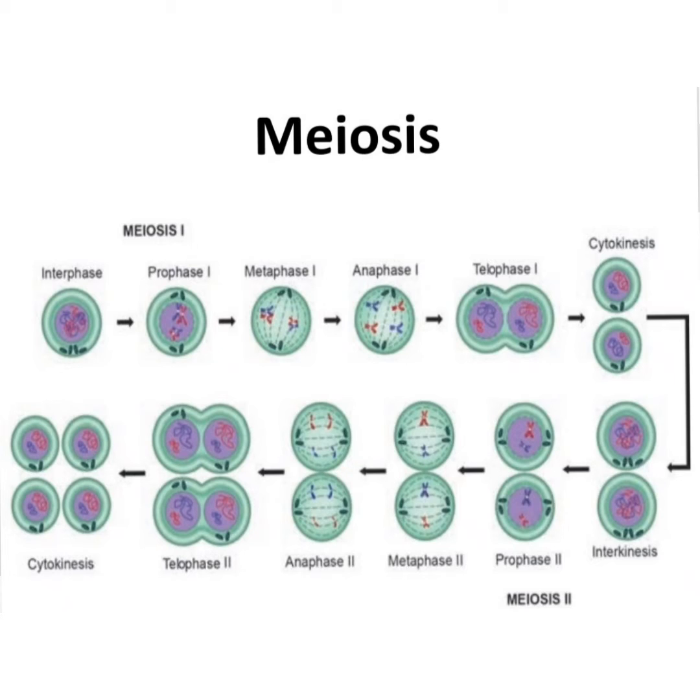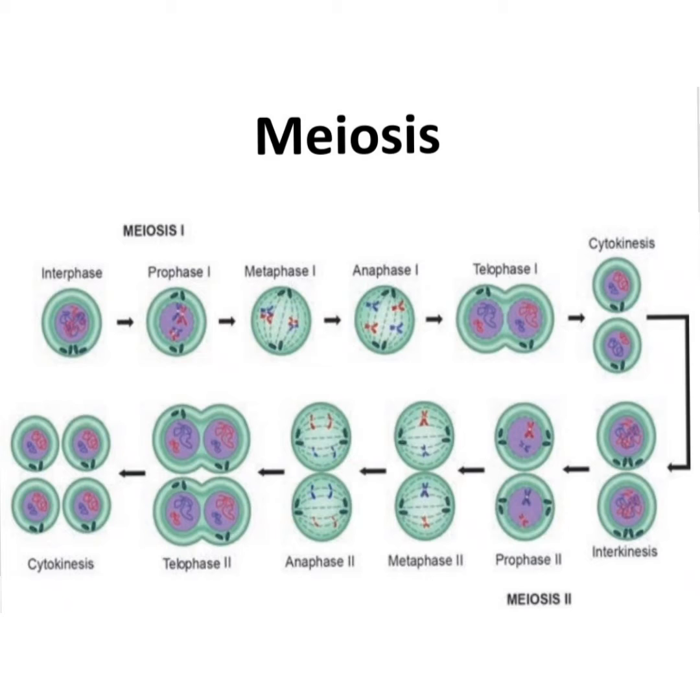In the interphase, the chromatin material tries to get condensed in the prophase and forms the chromosomes. In the metaphase, there is accumulation of the chromosomes in the equatorial plane and the formation of the microtubules. In anaphase 1, there is separation of the chromosomes to either side or the either poles. And then in telophase, there is formation of the nucleus and cytokinesis occurs, resulting in the formation of two cells